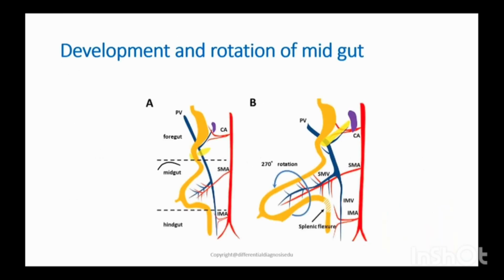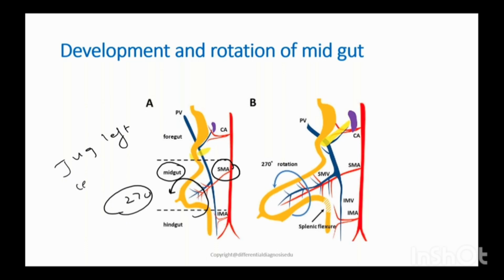So this is the midgut rotating 270 degrees clockwise around the superior mesenteric artery, resulting in the jejunum towards the left, and the cecum and ileum towards the right. But the important question they will ask you is about physiological herniation: 6 weeks, and when it is resolved, 10th week. Okay, next is ventral